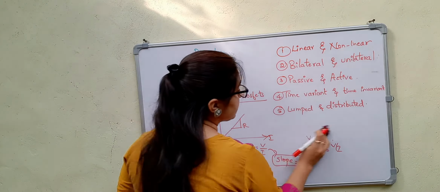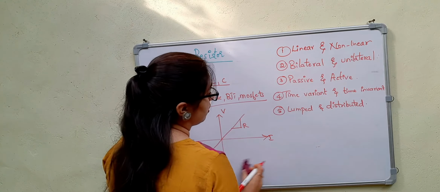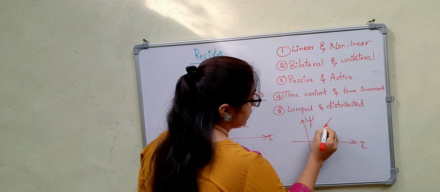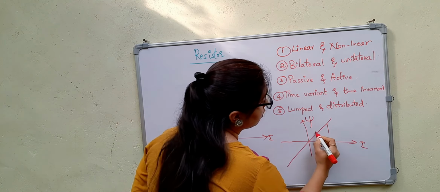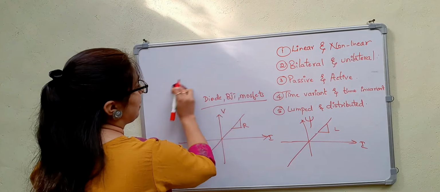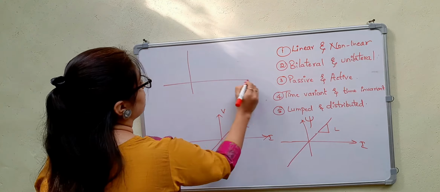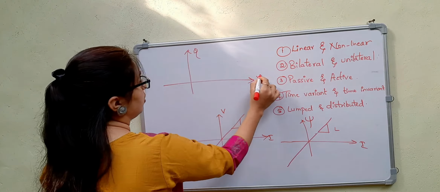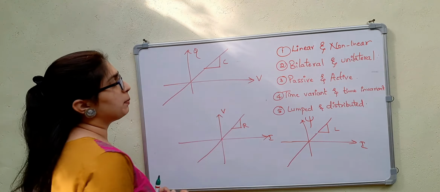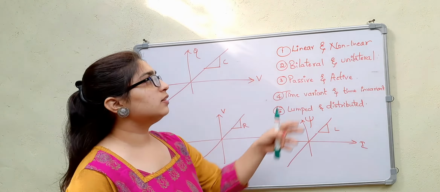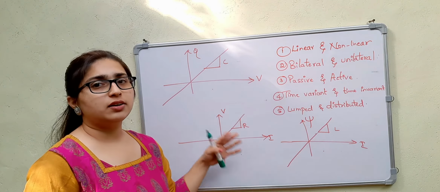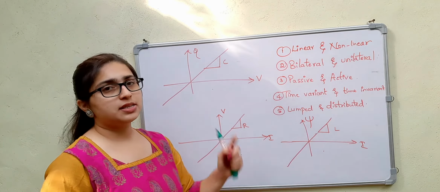Okay. Next, let us consider the inductor, that is the flux versus current plane, a straight line passing through origin. Here the slope will be equal to inductance. Then let us consider the capacitor's characteristic, the Q-V plane, a straight line passing through origin. The slope gives us the value of capacitance. So these are the linear characteristics. So capacitor, resistor, inductor, from the characteristics only we can say that these elements are linear.